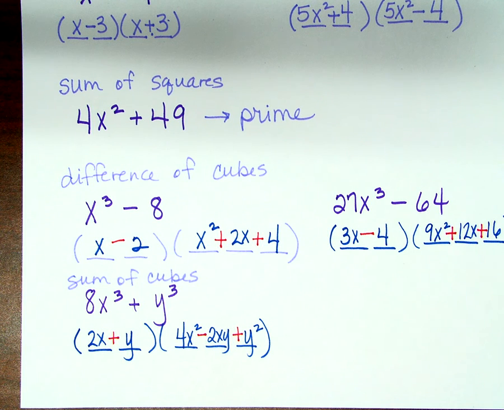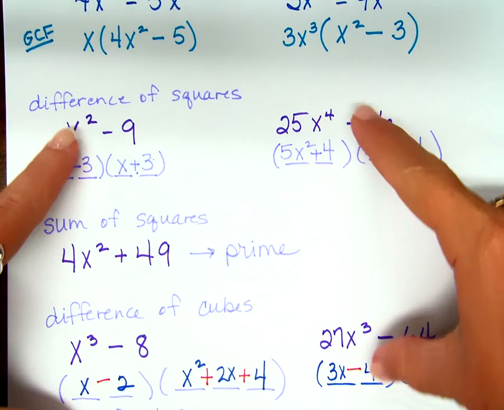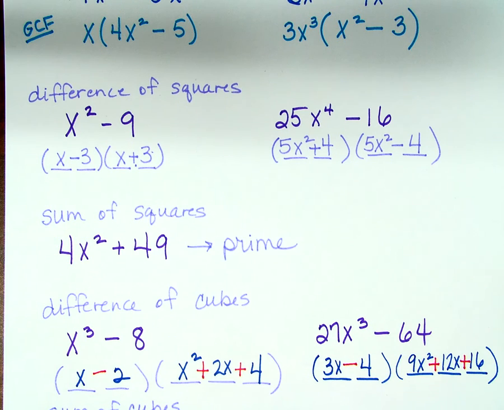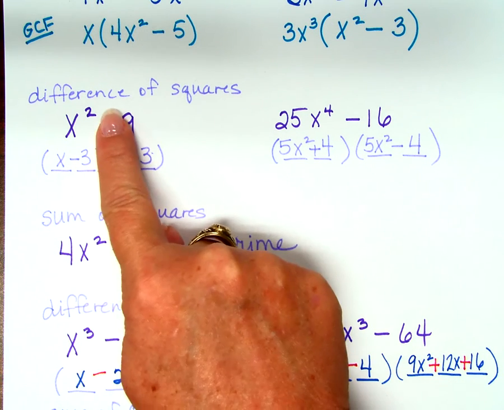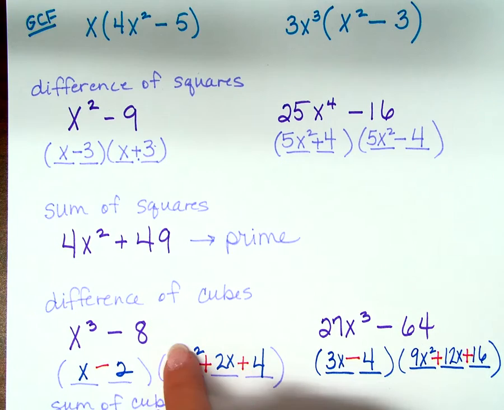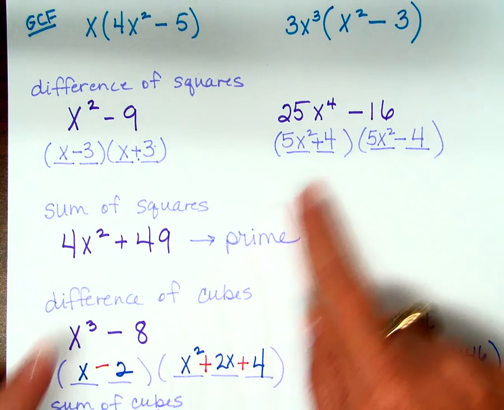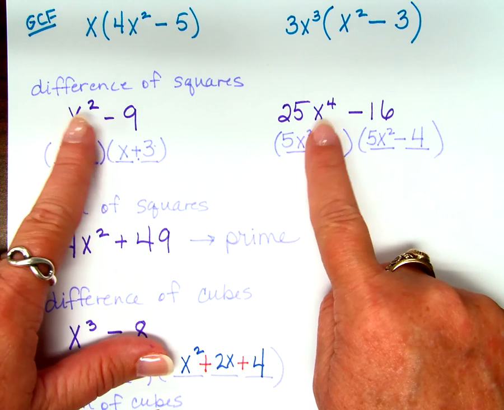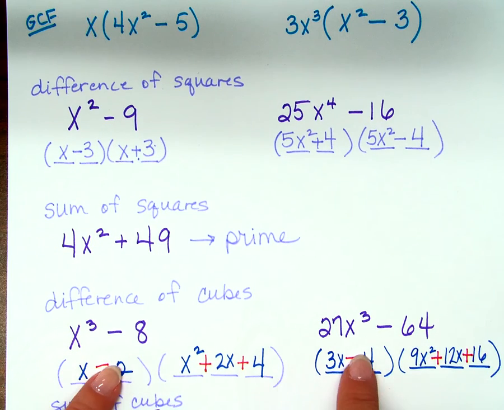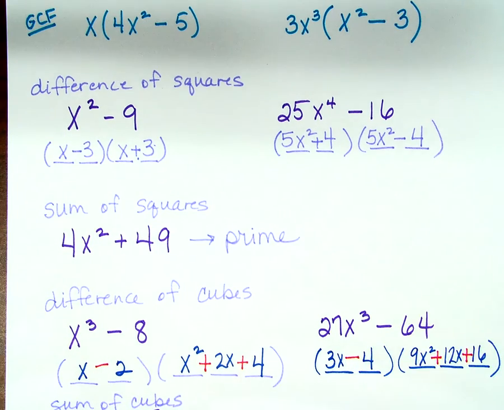Okay? So do you know what to do if you see binomials? When you see binomials, try to see, is it the difference of something or is it the sum of something? If you decide it's the difference, is it difference of squares or is it difference of cubes? You know the pattern for all of them now, yes? So what happens